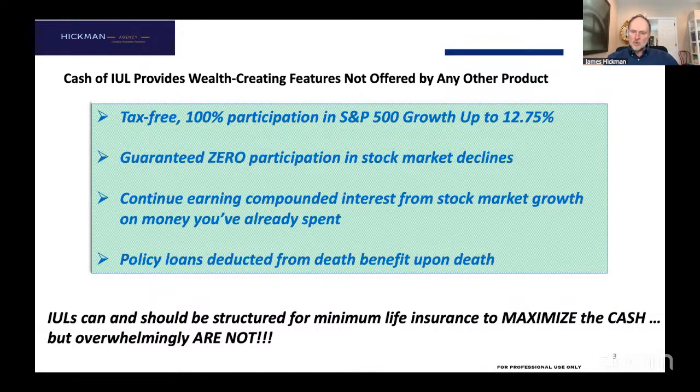If the stock market goes down in any given year, this particular carrier will still give you 0.75% growth. That's your worst case, 0.75% growth. Okay, again, up to 12.75 tax-free, minimum 0.75. Guaranteed against the losses, up to 12.75 tax-free. There's nothing in the financial services universe that I'm aware of that offers that kind of upside versus downside scenario, that sort of risk reward. Guaranteed against the stock market losses.